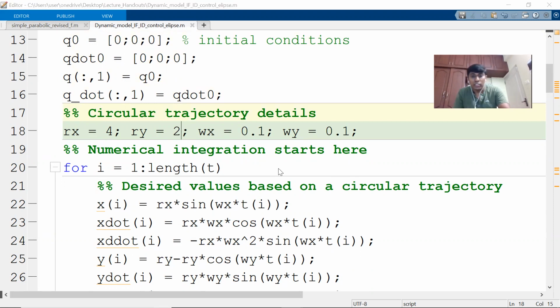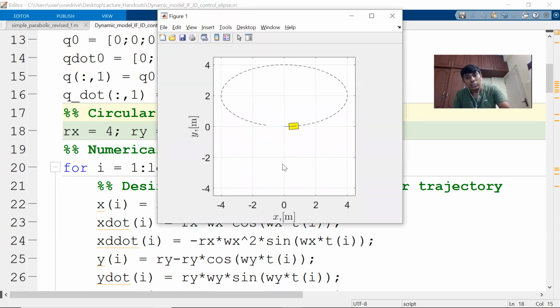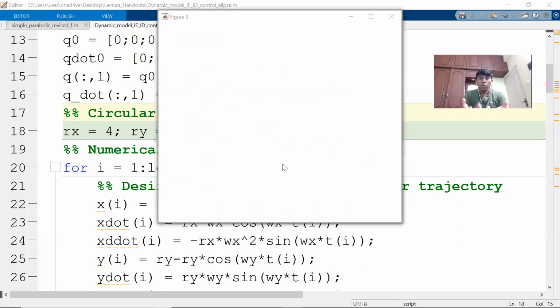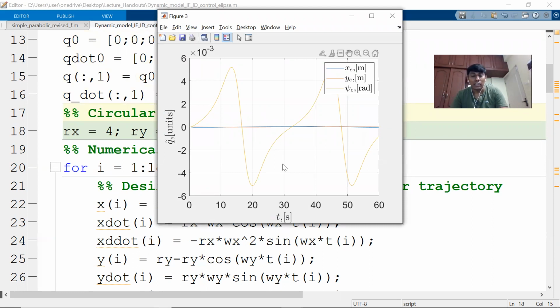I haven't changed anything else from the basic code. So you can see this is elliptical following, where we have given a dynamic model and taken a simple computed torque control, and then we give an elliptical profile as the desired trajectory. We assume the line of sight is followed, in the sense the vehicle orientation would be aligned with the profile. So these we have seen, and it is following, in the sense even the differential wheel mobile robot can follow this with a small error here and there. Okay, so this is what I want to show.